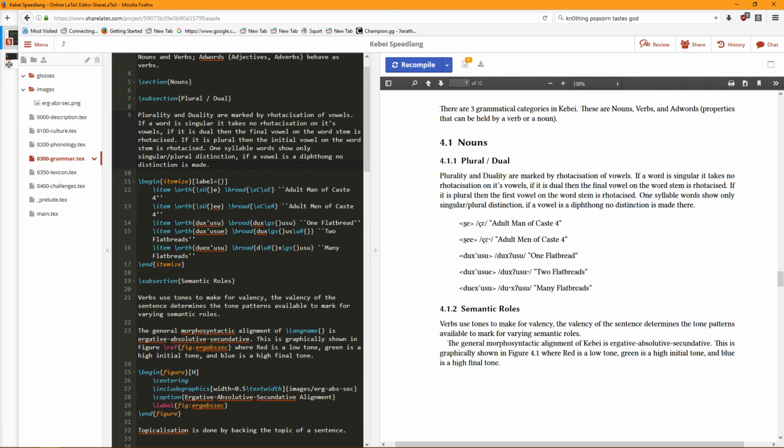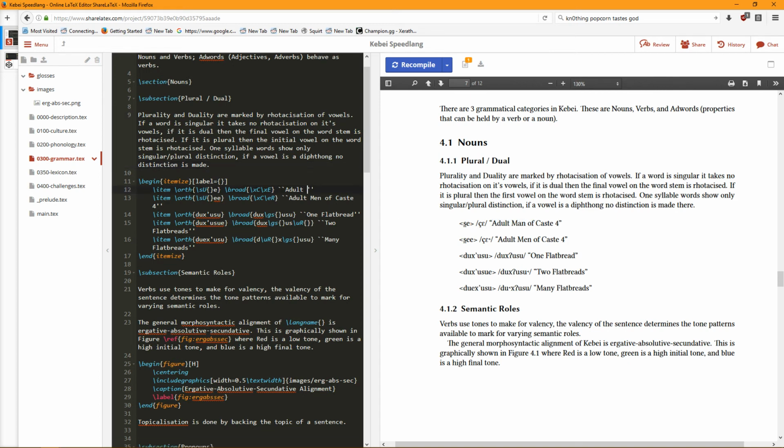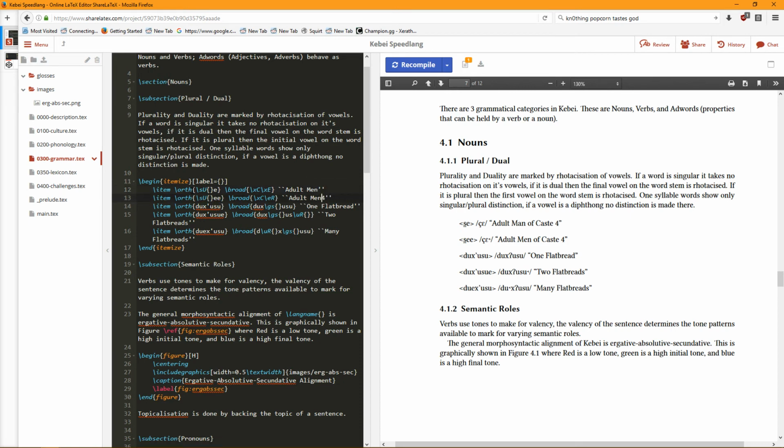Only the word there. And we have the word "xie," adult man of caste 4. I'm just going to change that to adult man. The caste system is encoded in so much of this language that I don't think we need it in the different words for men, because that would already be implicit from how you'd conjugate the verb. Yeah, so I was looking through my example sentences to see whether I've actually done everything.